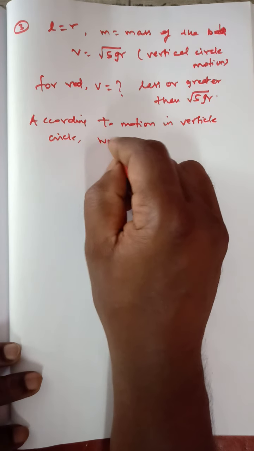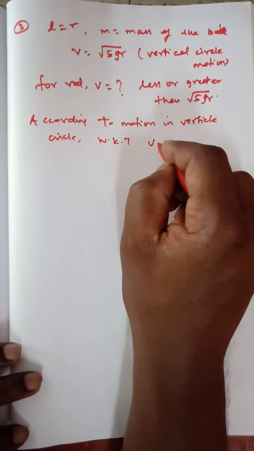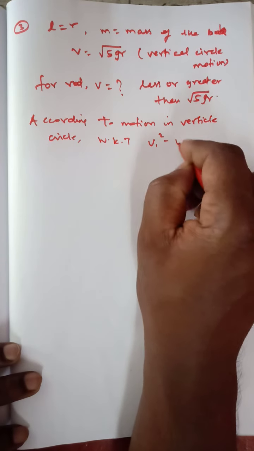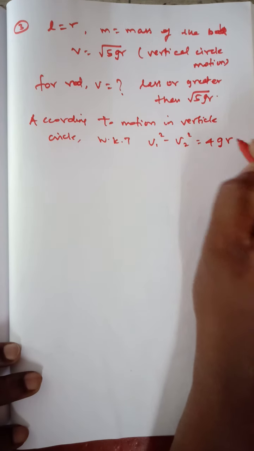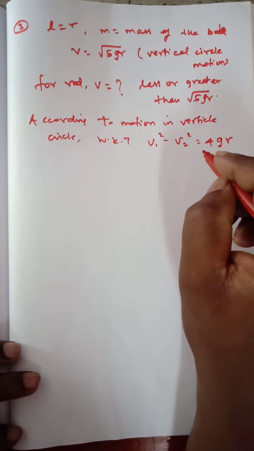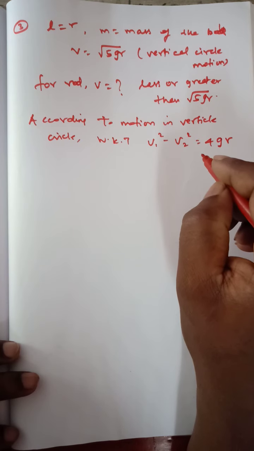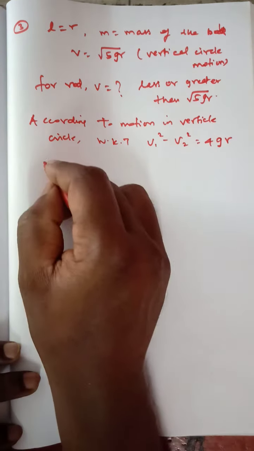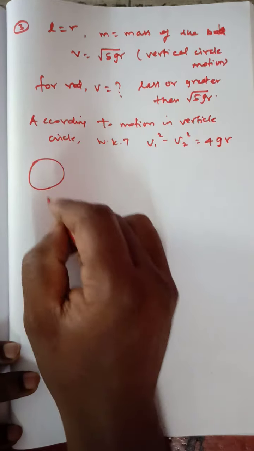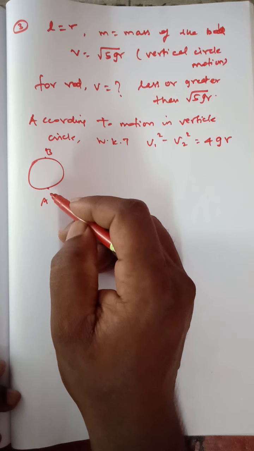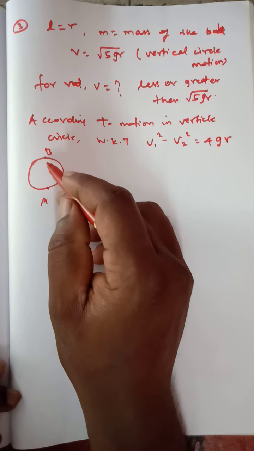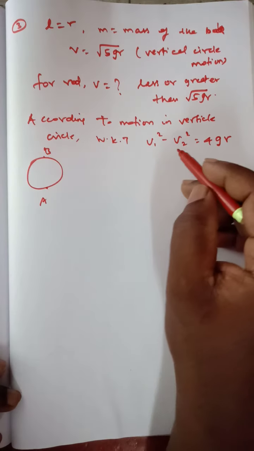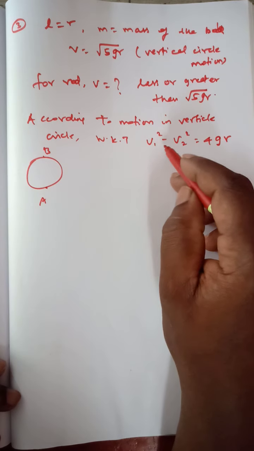we know that v1 square minus v2 square is equal to 4gr. This equation is taken from energy being conserved at points A and B. Clear? This is point A, here is point B. The total energy here is the sum of kinetic energy plus potential energy, which equals the energy at B. Clear? So using the law of conservation of energy, we get the equation v1 square minus v2 square equal